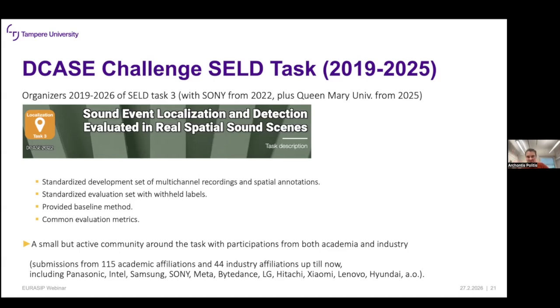It generally has the benefits of a challenge: we provide a standardized development set of multi-channel recordings and spatial annotations. We have a standardized evaluation set where we keep the labels and we evaluate the submissions. We also provide a baseline that gives a point of reference for comparison, and we use common evaluation metrics. So people can really test their methods against the baseline and between each other in a standardized manner. And the task has, I would say, a small but quite active community